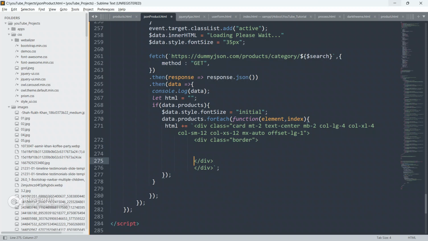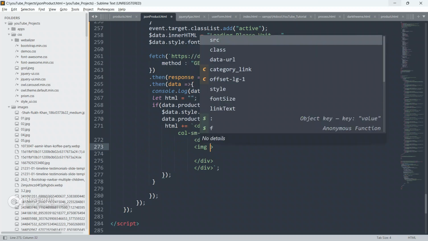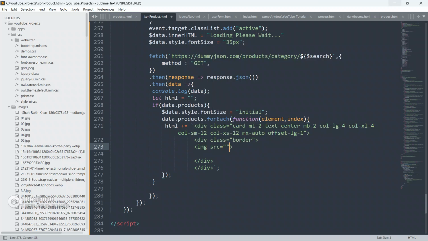Okay, and inside this div we have to create another div. Inside this div create an img tag, guys. Create img src. Later we will define the src path.